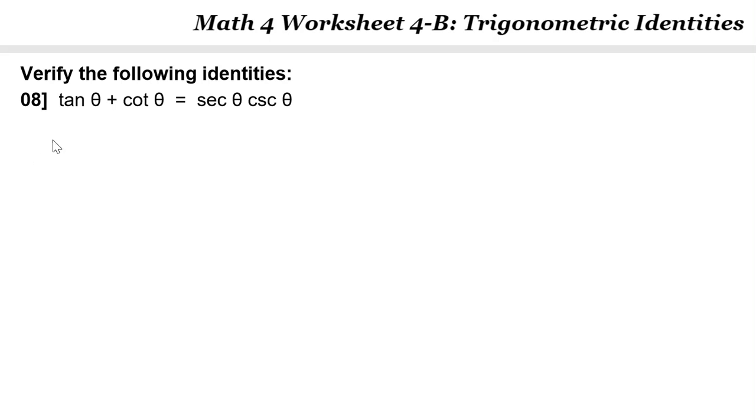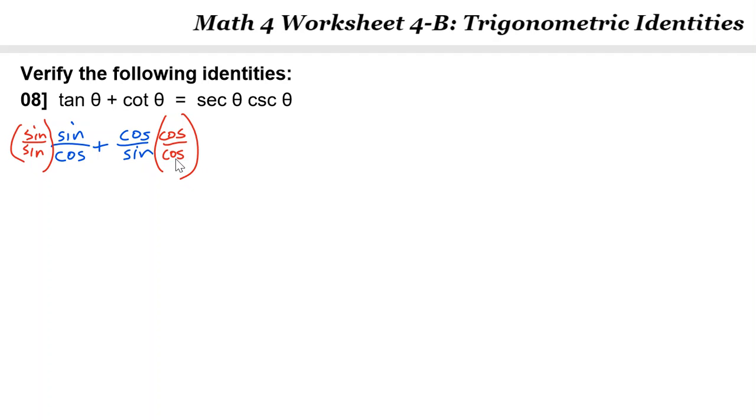So if I say tan plus cotangent, that's like saying sine over cosine plus cosine over sine. Now, if I do that, I'm going to need a common denominator, which means I'm going to need one of each. I'm going to need a sine on the left side, and I'm going to need a cosine on the right side,